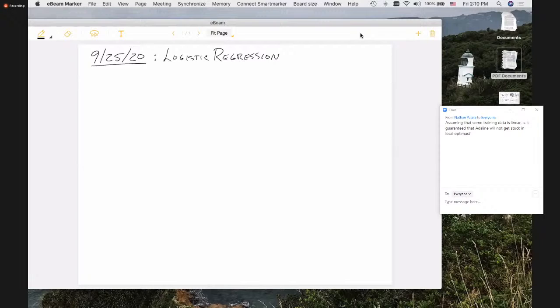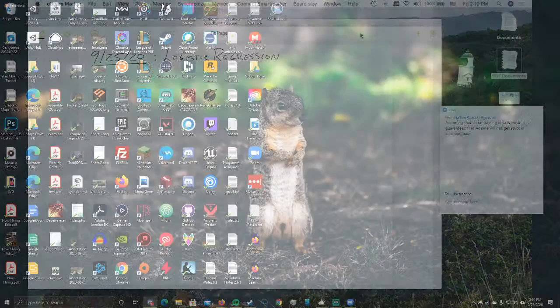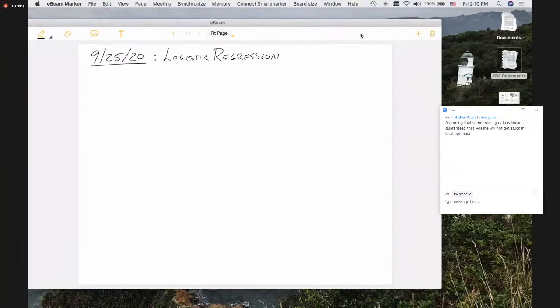To guarantee that Adaline or the perceptron for that matter will not get trapped in local optima, the concepts have to be linearly separable. That's what leads to the error surface being convex. So if it's only some, I'm interpreting that there's some that is not, which means that we can no longer guarantee linear separability. So no, you can't. If the concepts are truly linearly separable, then yes, you can guarantee that it will converge to the global optimum. However, keep in mind that that's rare.